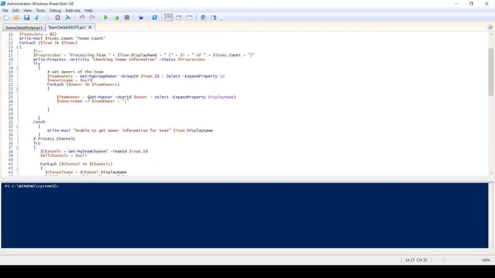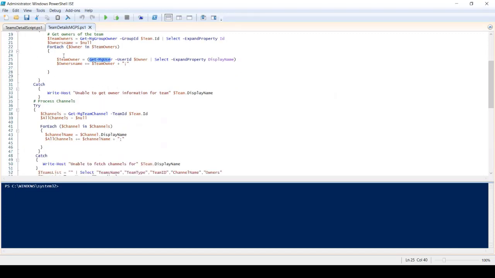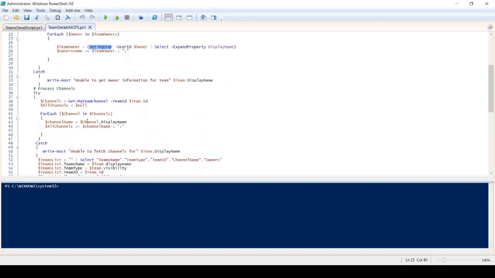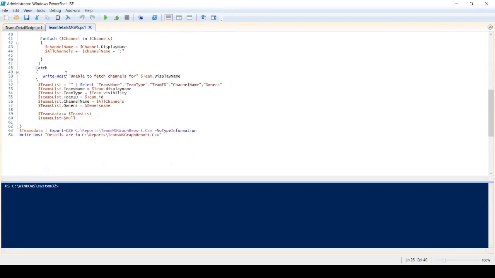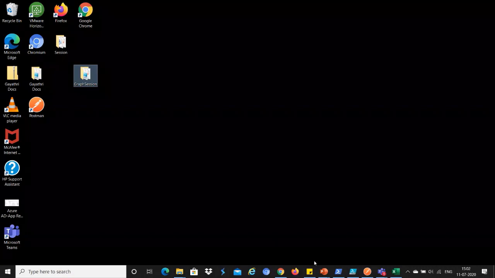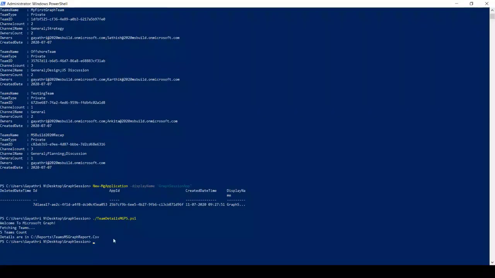In the same way, we can use Get-MgUser, pass the owner ID, and expand the property to get the team owner display name. In this script I have retrieved the team owners and channels by using Get-MgTeamChannel. The same thing I have written to a CSV output. Let me check whether the script output is available.